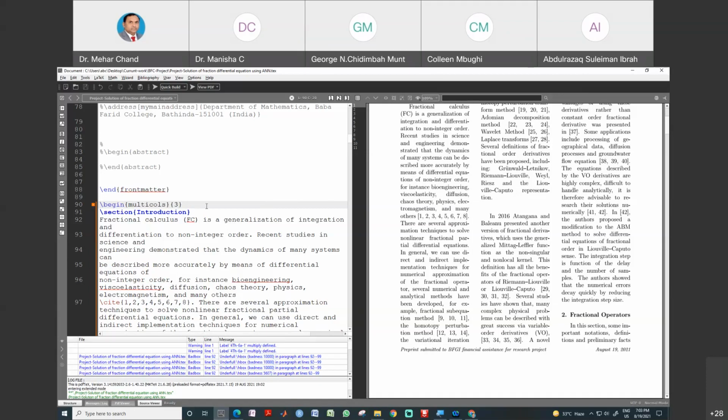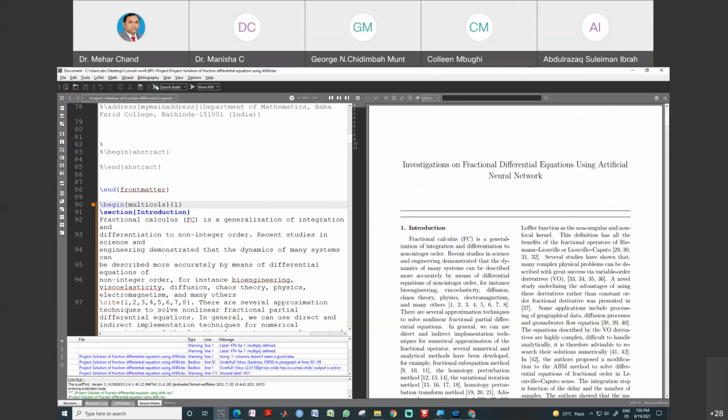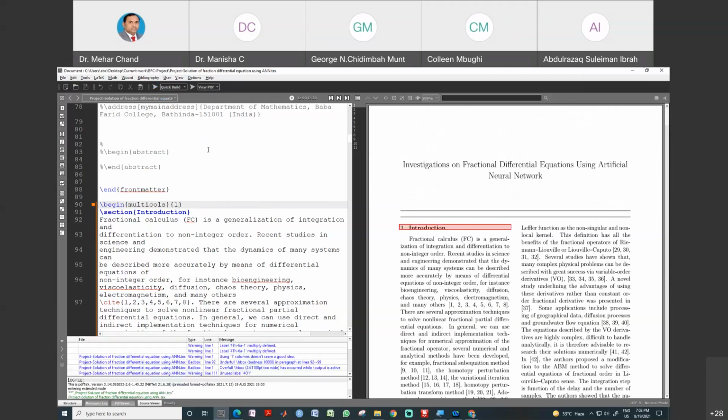But if you use it for one column, then this will not work. If you want to convert to one column, then you have to remove this part.